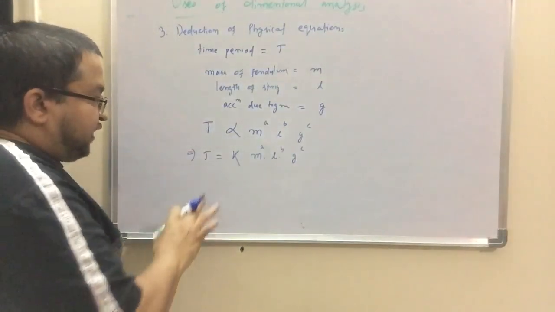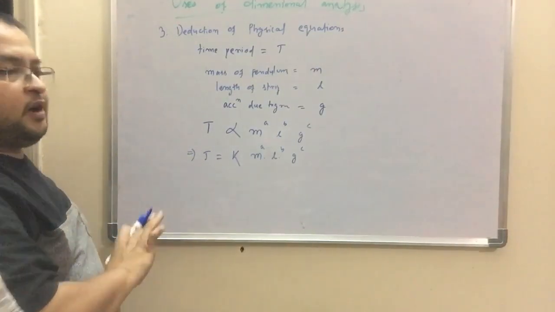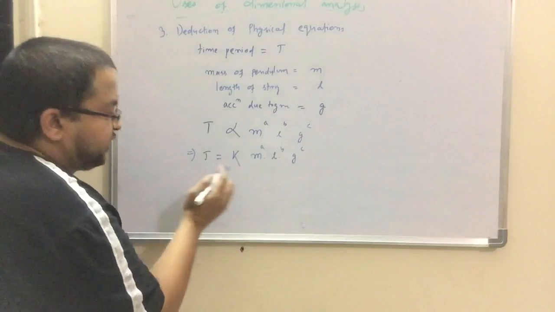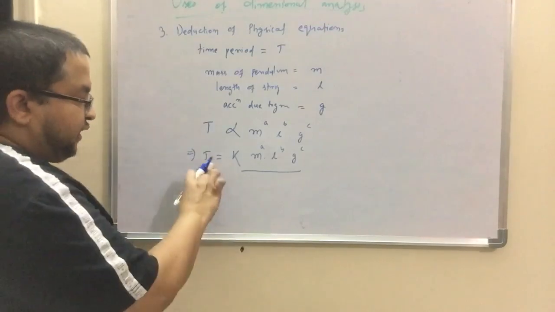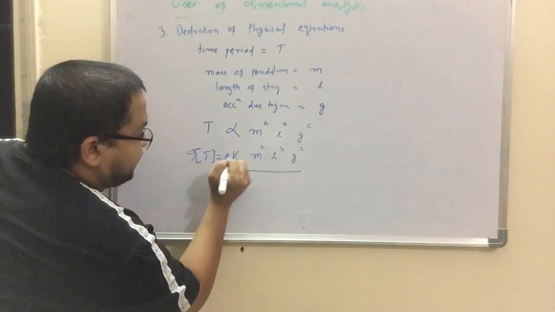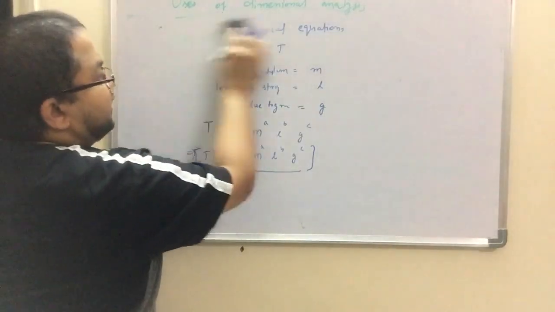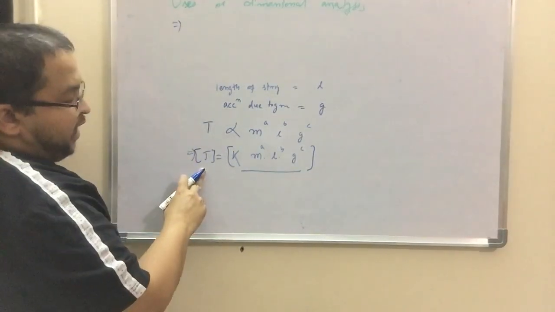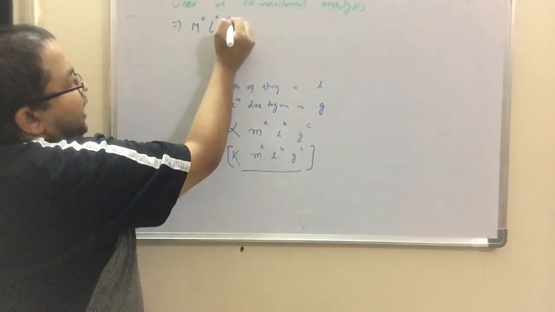Okay, now let us apply the principle of homogeneity here, right? If the principle of homogeneity is correct, then how many physical quantities do we have here? One and one, because obviously we don't have any plus and minus here, and there are only two physical quantities, which means the dimension of the left hand side must be equal to the dimensions of the right hand side, right? And now let us keep deducing further from there. So here when I'm saying time, I can say mass raised to the power 0, length raised to the power 0, time raised to the power 1